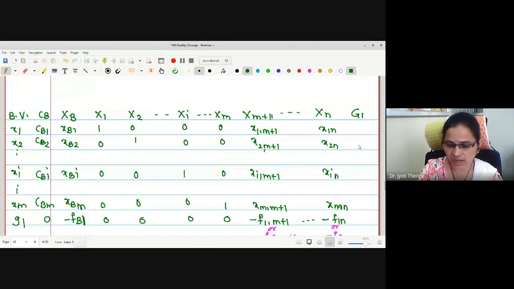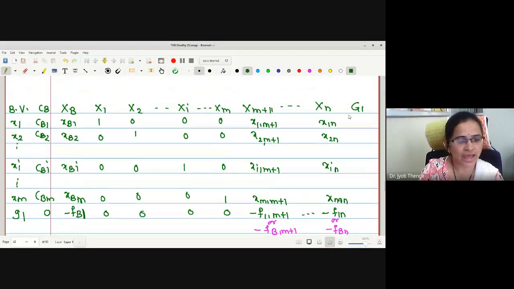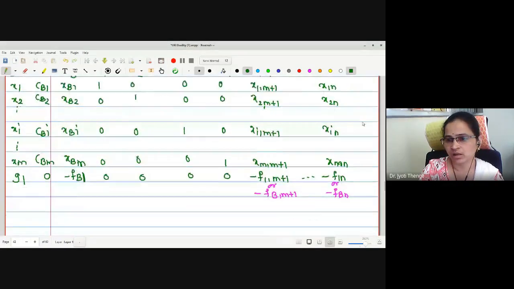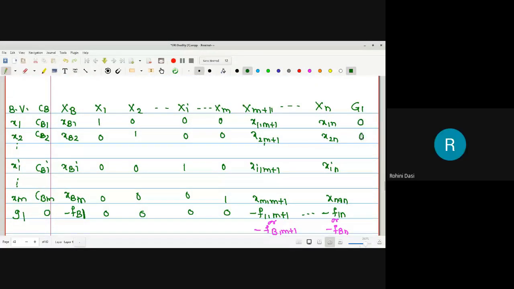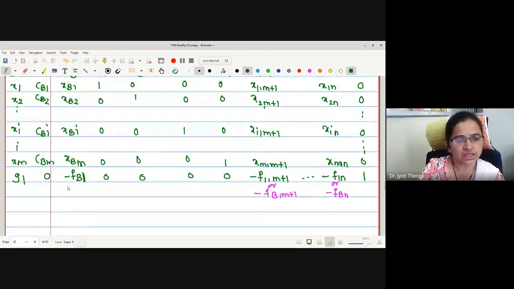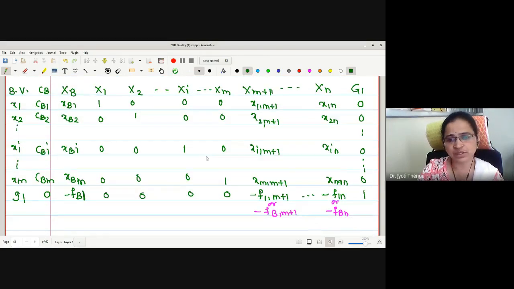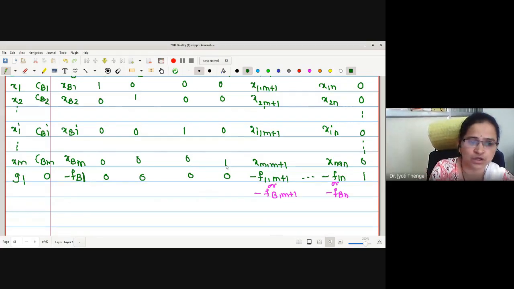One basic variable is to be added. And what is the corresponding column now? Here we have added 0, 0, 0. What should be this g1? As this g1 is my last basic variable, what are the entries? 0, and the last entry is 1. Yes, good. The last entry is 1. Therefore, if we look, this XB column is having a negative value, which means the solution is infeasible, and we know the method of removing infeasibility, that is dual simplex. Now, assuming this as a modified table, use the dual simplex method and get the integer values of the solution.